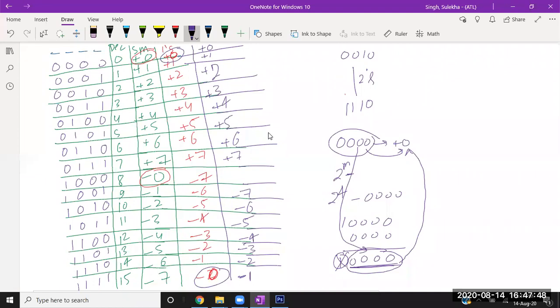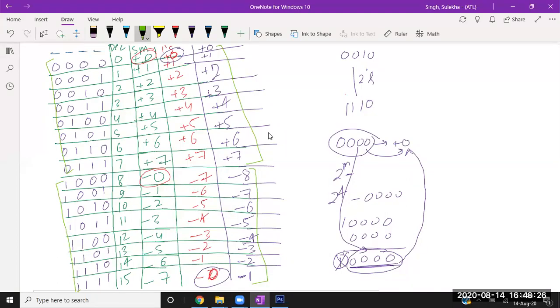Okay, it's choice. Because this first digit is 1, we are giving it as a minus 8, so that we can conclude one more thing: whenever my first digit is 0, I am getting a positive number in 2's complement format. Whenever my first digit is 1, I am getting a negative number in 2's complement, and nothing is overlapping. Means I am getting plus 0 for only one number. There is no minus 0, and all the numbers are identical.